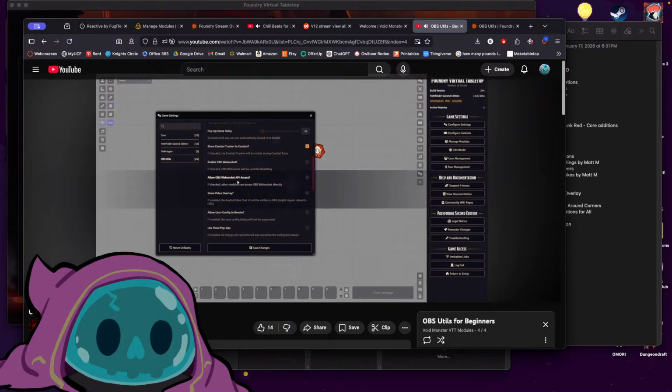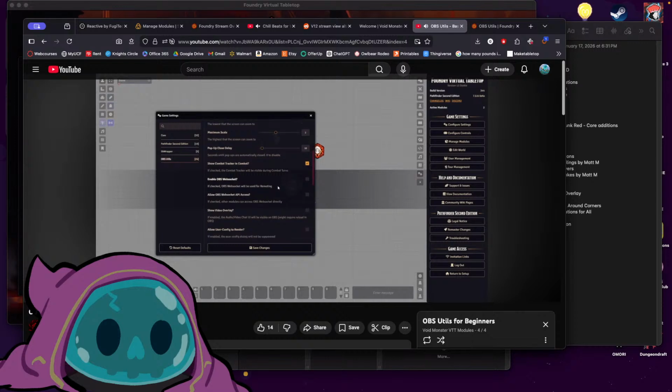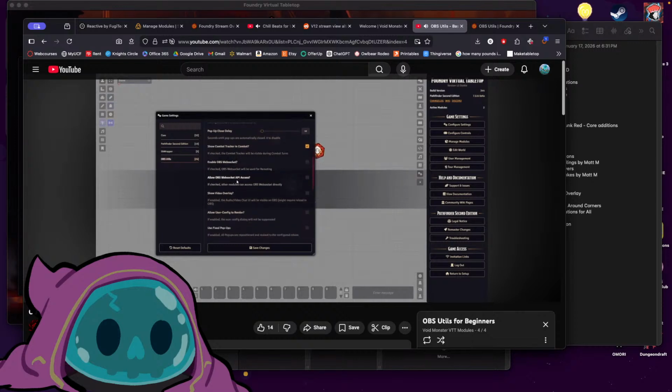OBS Utils also comes with an API, but because it is dangerous to allow arbitrary code running in your Foundry environment to interact with your stream directly, if you are using a module that does that, you will need to allow the API access to OBS WebSockets. All the other API is always available. It is possible for other module authors to write